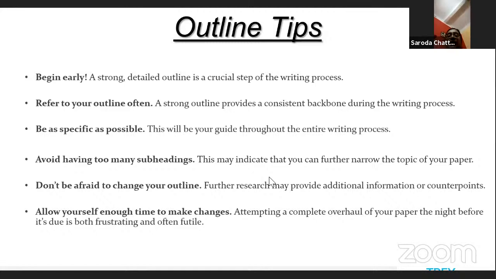So these are just specific tips which you can follow for doing a good research paper. Begin early, refer to your outline often, be as specific as possible, avoid having too many subheadings, don't be afraid to change your outline, and allow yourself enough time to make changes. That is the main thing from the outline tips for making a good research paper: